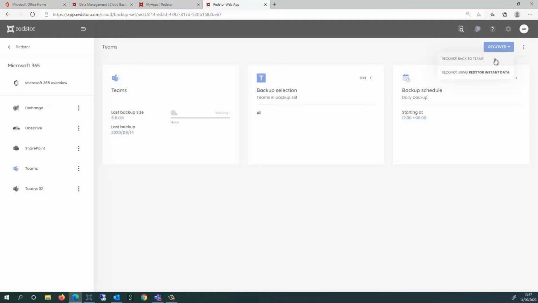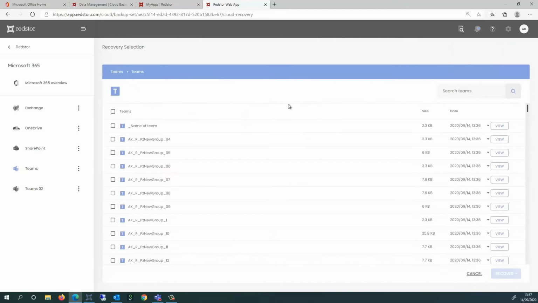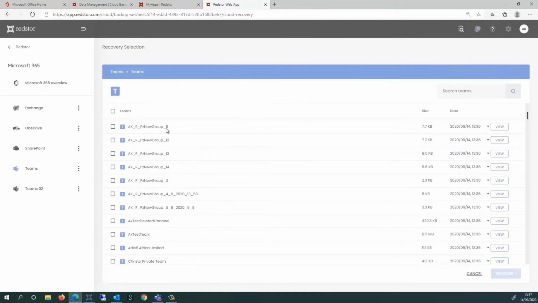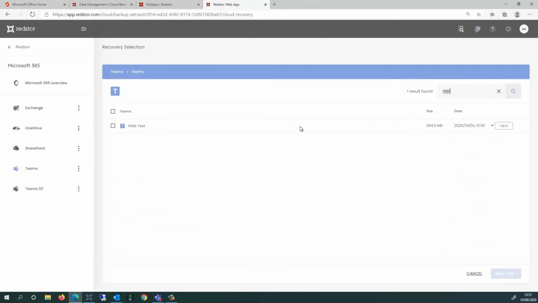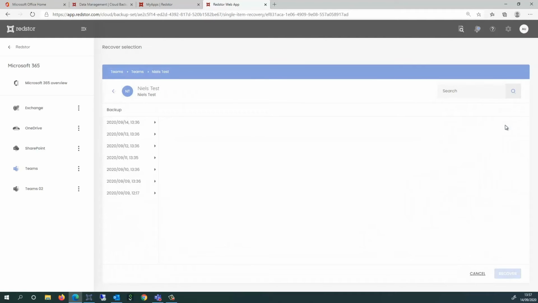So I'm going to choose the Teams option. And now you can see all of the Teams sites and channels that I've currently backed up. So I'm going to focus in on one of them, and this one here I've got some test data. I could either do a full recovery from here, or in this case I want to actually browse into the individual Teams channels. So I'm going to select a date,